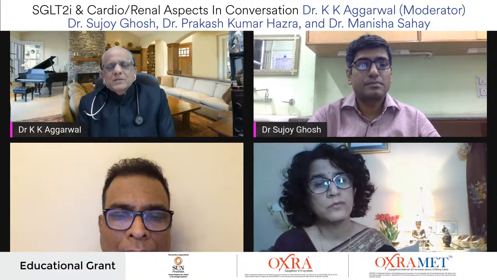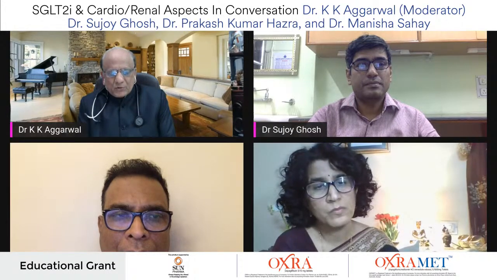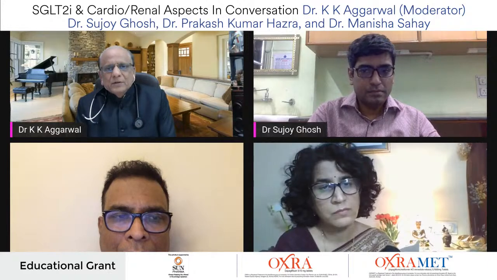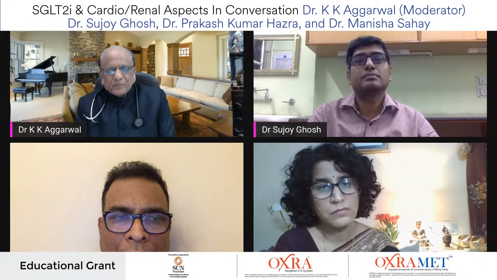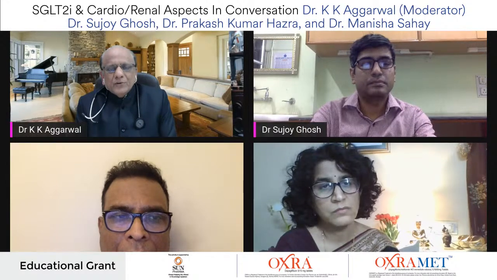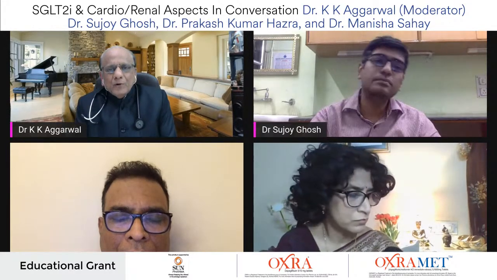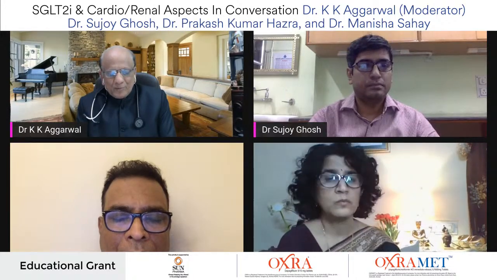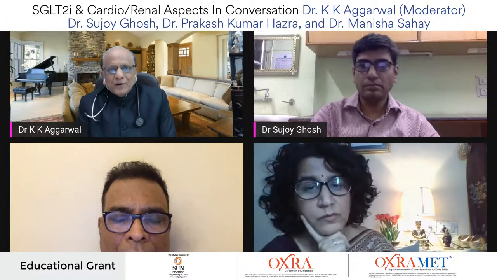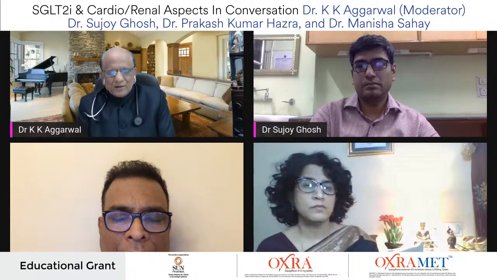All four of us are ignoring one action of SGLT2 inhibitors, and that is that it is also an inhibitor of the NLRP3 inflammasome, which is an antioxidant. It reduces reactive oxygen species induced NLRP3 inflammation. It reduces CRP, IL-1 beta, IL-6, and TNF-alpha, by which it reduces C-reactive protein, and by which it reduces atherosclerosis. If I reduce my C-reactive protein, it will reduce my renal inflammation, therefore it will reduce my albuminuria. It will reduce my myocardial stress, therefore it will improve ejection fraction. And it will reduce my HbA1c by 1. And I know that if HbA1c is raised by 1, there is a 20% increase in CRP. So it will ultimately